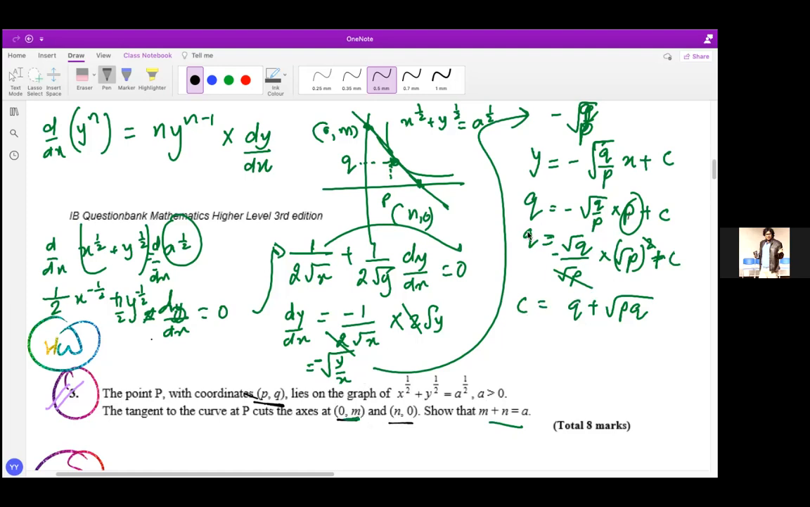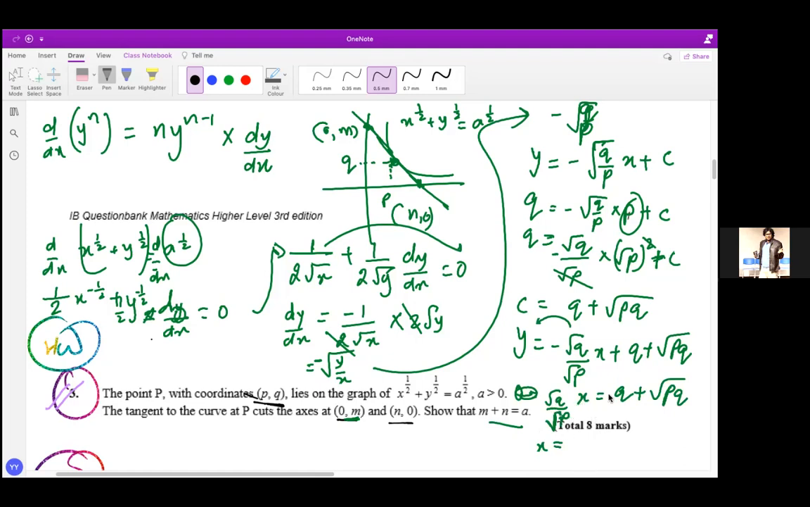And similarly, you have to get the x-intercept. So you got the equation, which is y equals negative root q over root p times x plus q plus root pq. Now you plug in y as 0 to get the x-intercept. So if I plug in y as 0, this will be 0 equals, or you can say I move this thing here, so root q by root p times x equals q plus root pq. Now if you cross multiply this thing here, when you solve for this,